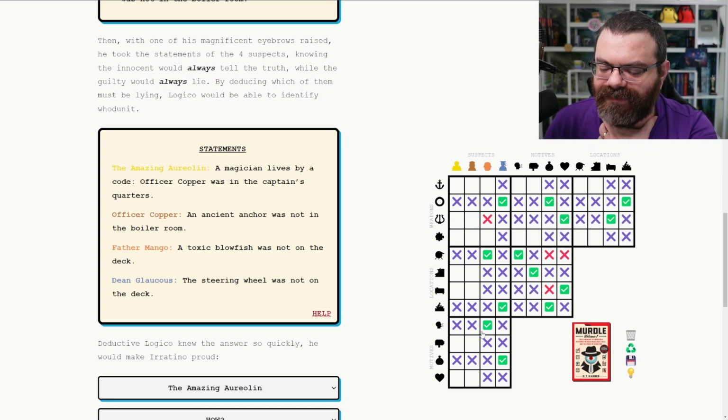There's just not enough info here to fill out the rest, so we need to use these statements now. Unfortunately, this didn't tell me anything. We just know Glaucius is telling the truth. So one of these is lying. Officer Copper was in the captain's quarters. If that were true, then Officer Copper...